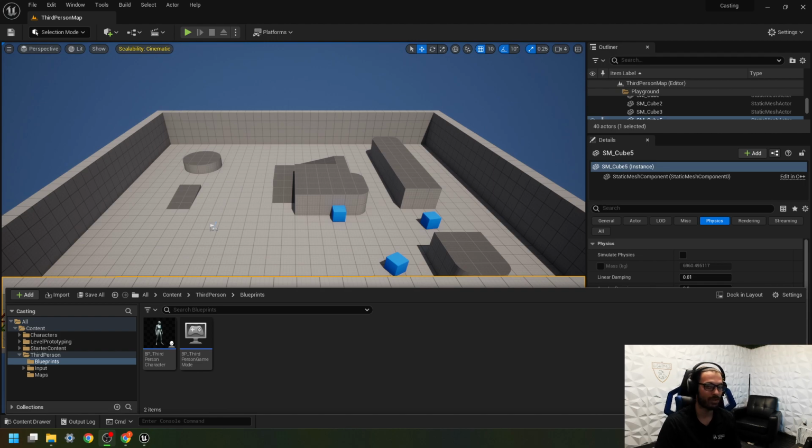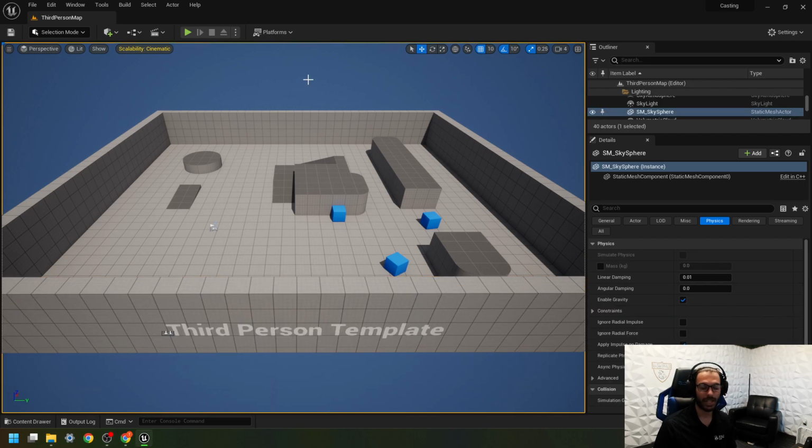This is extremely useful, especially when you combine it with blueprint interfaces, which I will definitely make a video about, but go look up blueprint interfaces after this video if you don't know what those are, because those are also very useful. Alright, so to demonstrate the idea of casting, I'm going to go ahead and create a very simple